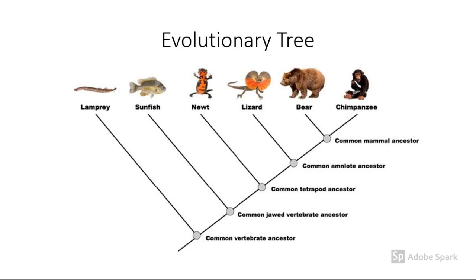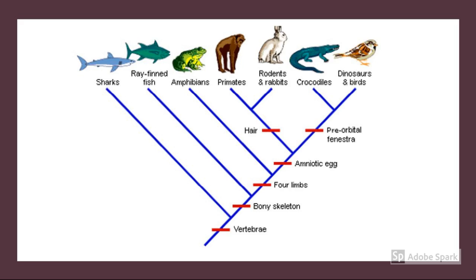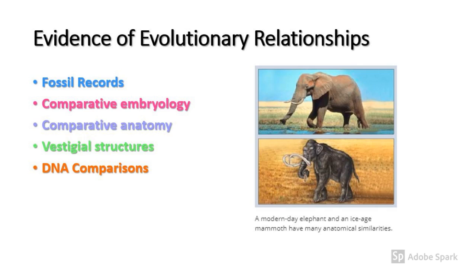An evolutionary tree, also called a phylogeny, indicates which ancestors gave rise to which descendants. We will learn how to read and use the phylogeny during class this week. Advances in technology made continued learning about genetics and evolution possible. Several lines of evidence now support the theory of evolution and the concept of descent with modification.